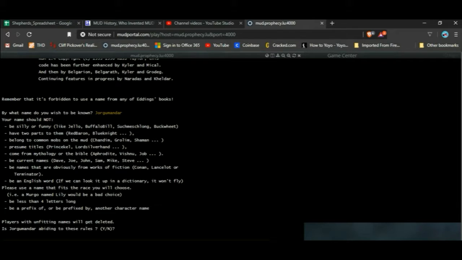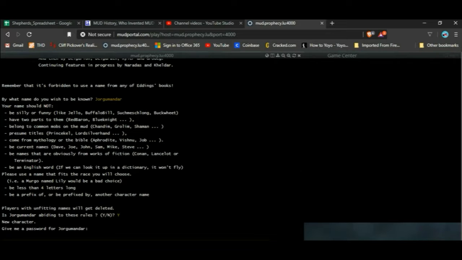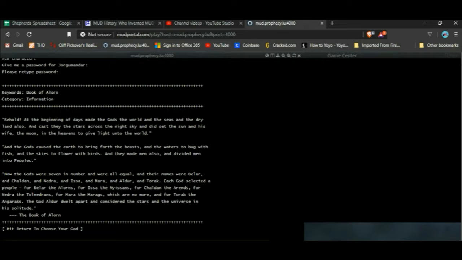So here's your guidelines for names. I'm not going to go over everything, because I just kind of covered that. It'll ask you if the name is fitting to the rules or abiding by the rules. You say yes. It's going to ask for a password. I'm going to make up a password. Now, you shouldn't be able to see this, but